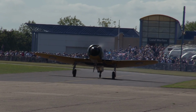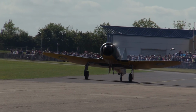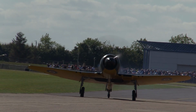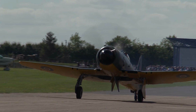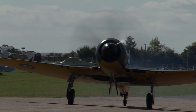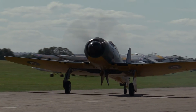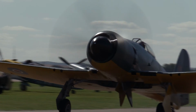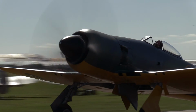All of our pilots come from various backgrounds. We've got airline pilots and private pilots, engineers. So, as they mass overhead, they'll be coming towards us shortly to start with the dogfight. As you see, very different to the last two aeroplanes that we saw. They climbed